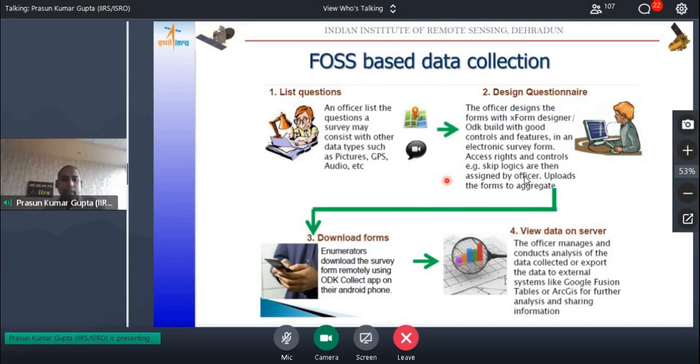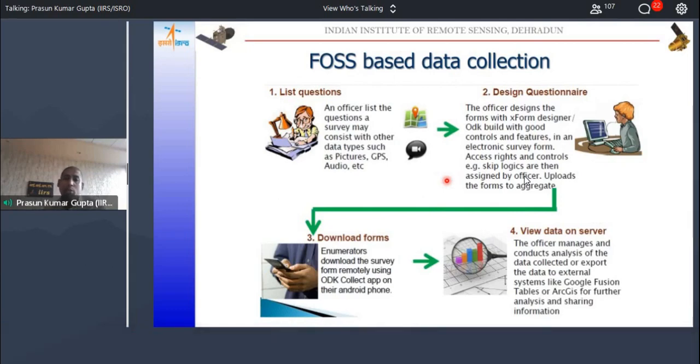As soon as you collect the data and enter it, it immediately gets uploaded to the server, so there is no manual intervention in between. Whatever data you want to collect, like text data, pictures, GPS, you note it down in an Excel sheet kind of a thing called the XForm Designer, and that gets uploaded to your mobile.